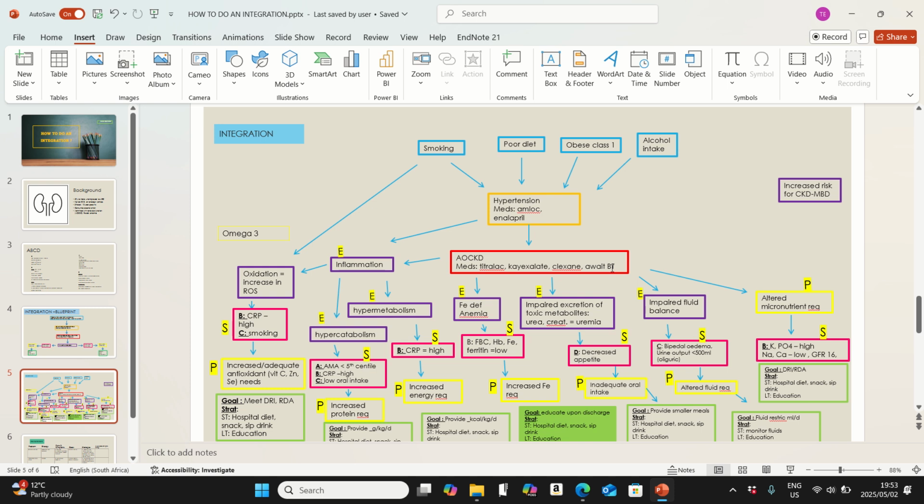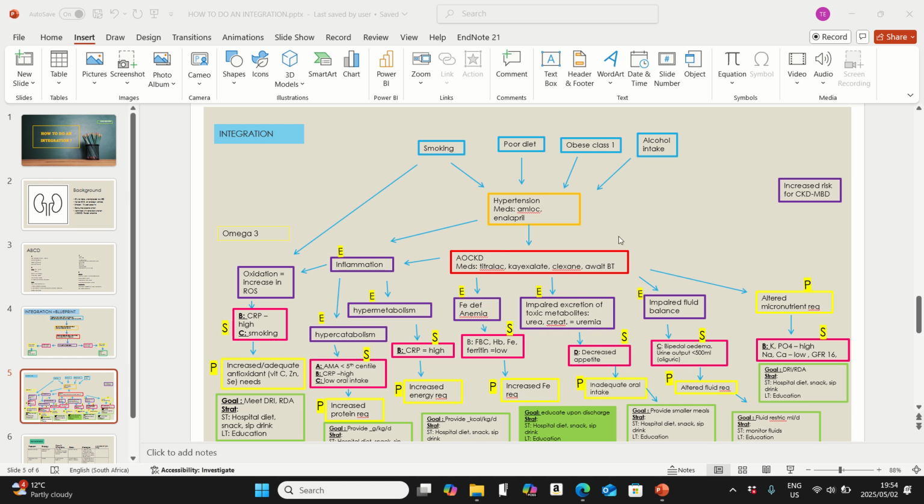So the medication that he was given was tetralac, thiaxylate, claxane, and then he was awaiting a blood transfusion. Okay, then the acute and chronic kidney dysfunction,